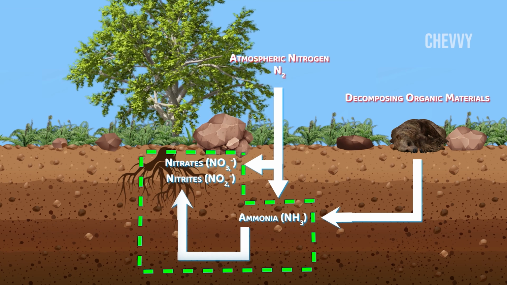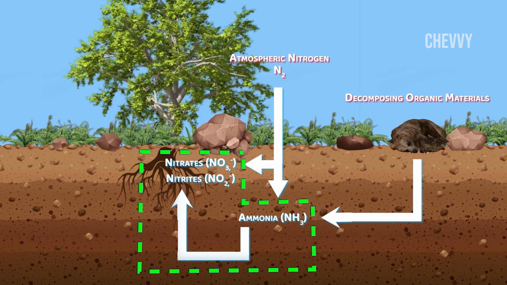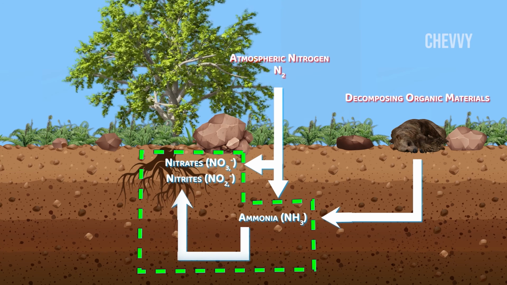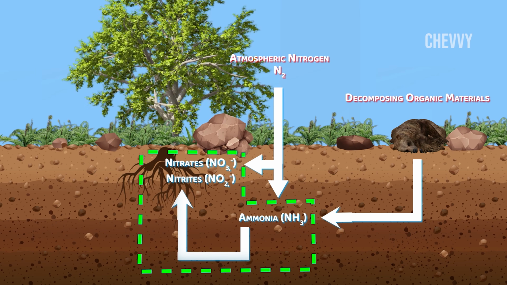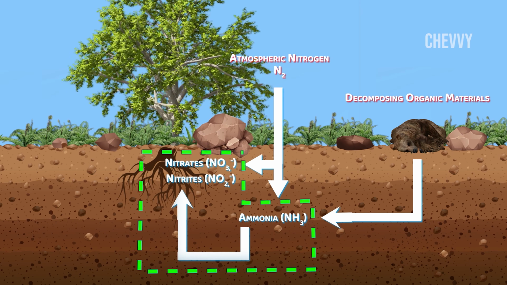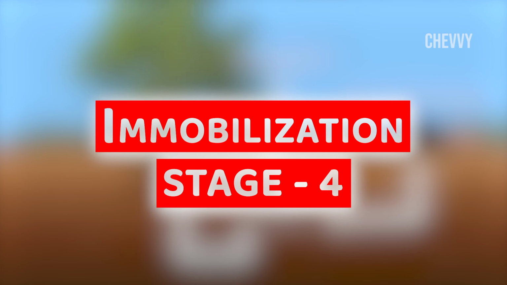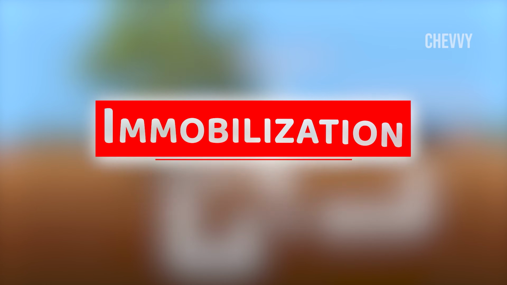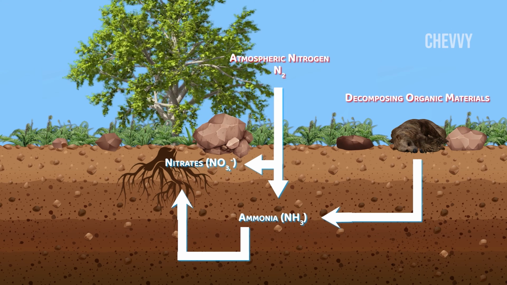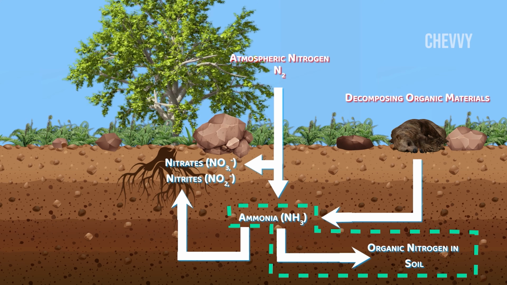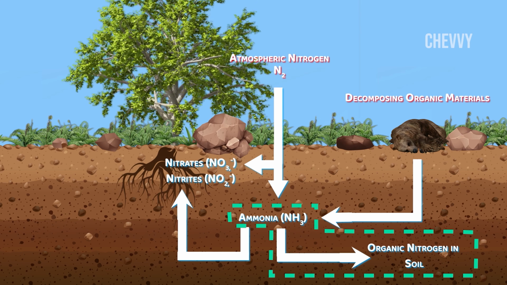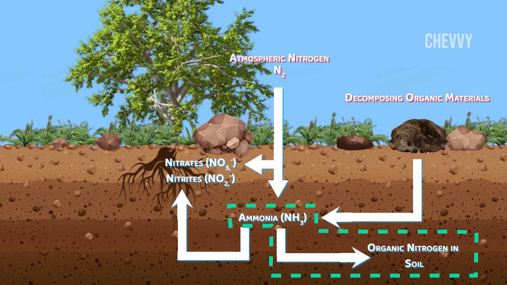Both species of bacteria can only function in the presence of oxygen. Nitrification is crucial to plants because it provides a surplus of accessible nitrogen that may be taken by the plants via their root systems. Immobilization is the inverse process of mineralization. It is the fourth step of the nitrogen cycle. These two systems work together to regulate the quantity of nitrogen in the soil.